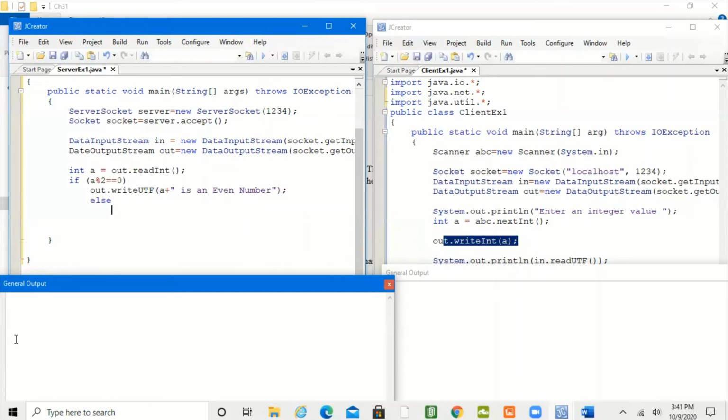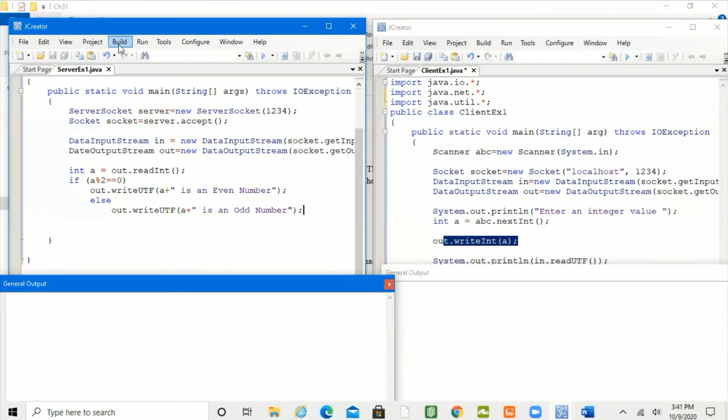Else, in case the remainder is not equal to 0, of course this will be an odd number. So a is an odd number. This is the message I'm writing to the client.